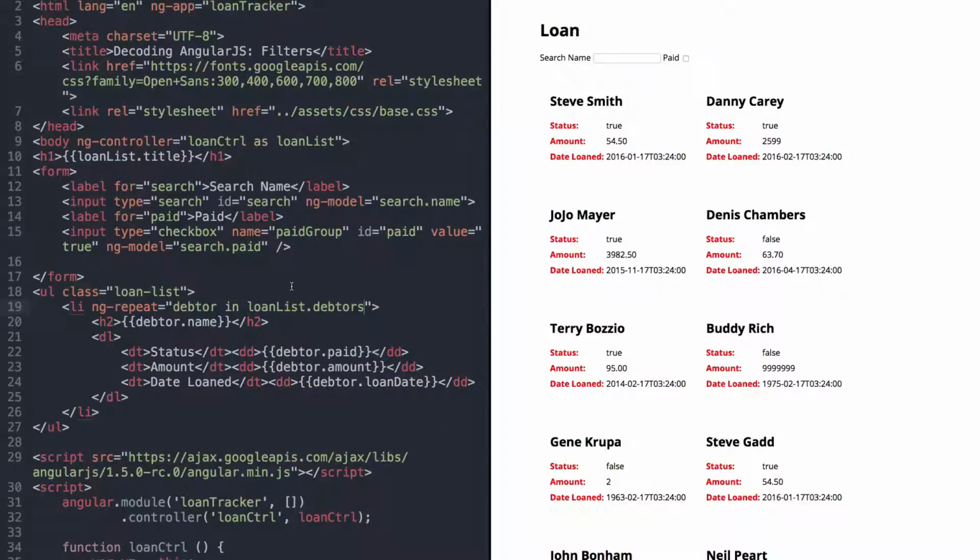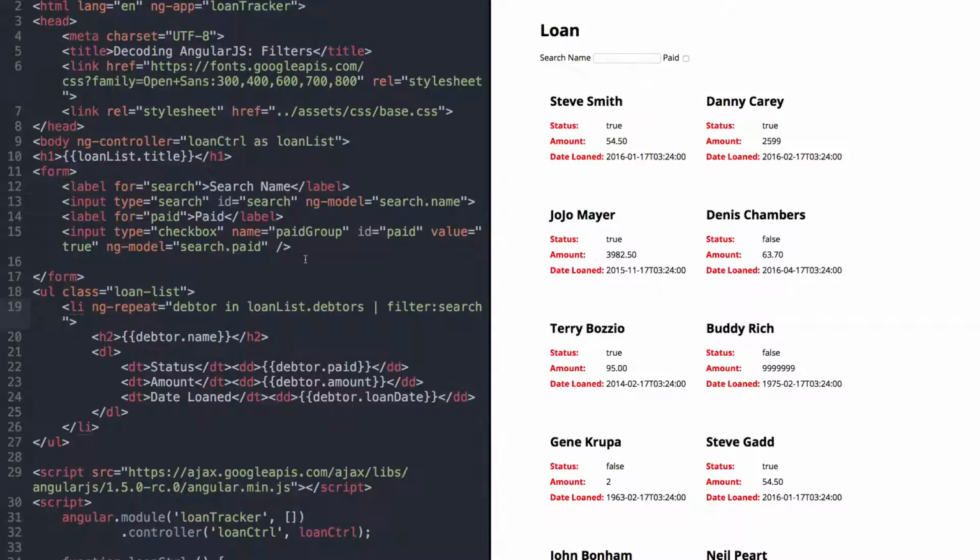Let's start first by getting the search functionality to work. In the ng-repeat, you add filter, and then what you want to filter on. In this case, we want to filter on search. The reason why we want to filter on search is because if you look in the form, you'll notice that all of the models relate to search. So we're building up an object here, and that object is a search object with the properties of name and paid. So let's save this